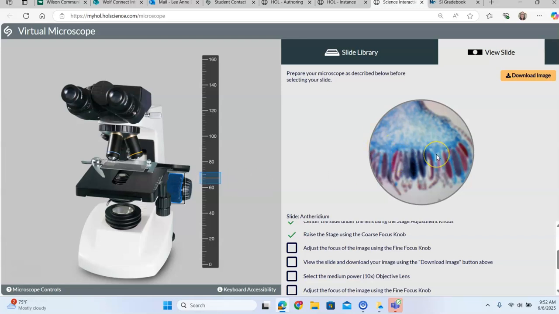But the antheridium, just so you know, is the female part of a plant that has the egg inside, like of a moss plant. So that's what you're looking at right now. Mosses have a female part and a male part. So this is the female part called the antheridium, and it's got the eggs inside. And if you saw the other slide that said archegonium, that would be the male part of a moss plant,